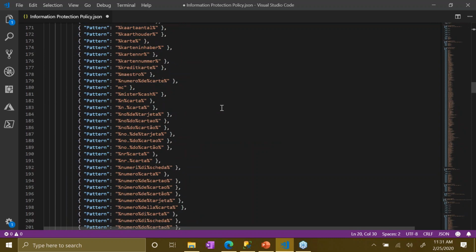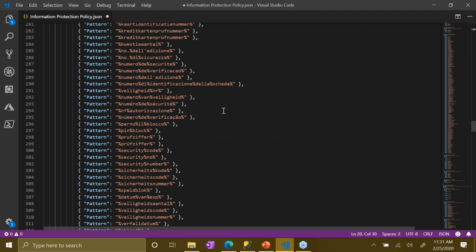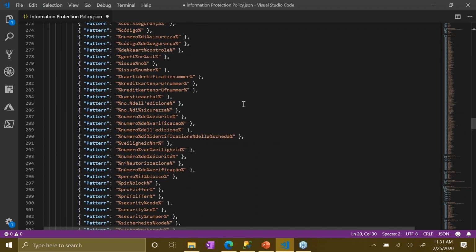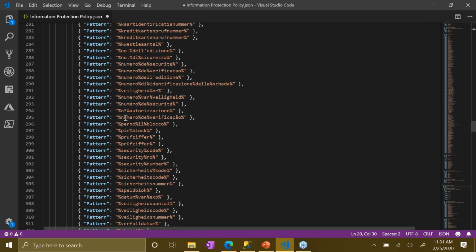If we scroll down, you can see that come out in, let's see, credit card. Moving down a little bit further, here you start to see some examples of different languages, different types of cards that are being used. Right here, this I believe would be Spanish. I'm not as good at foreign languages as I would like, but you get the idea. So you're going to have to potentially add patterns to what you want. Microsoft's done a good starting point, right? But the fact that you can customize the patterns to meet your needs is a big deal when it comes to classifying data.